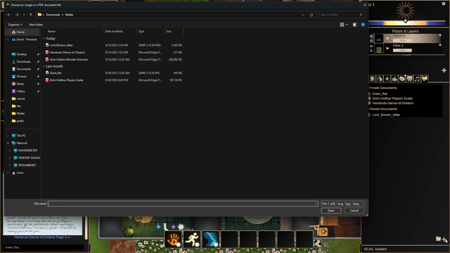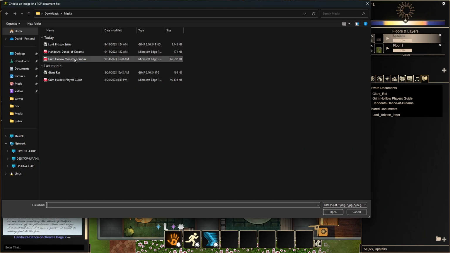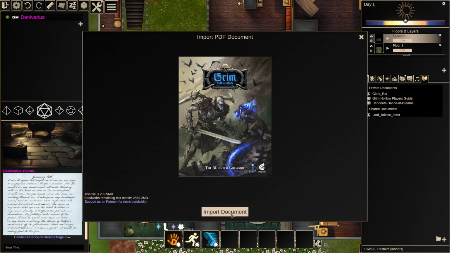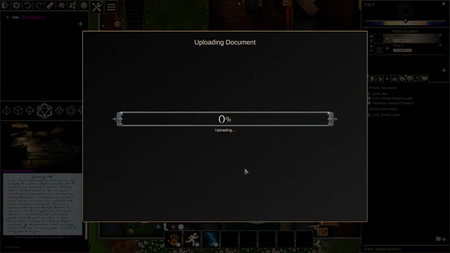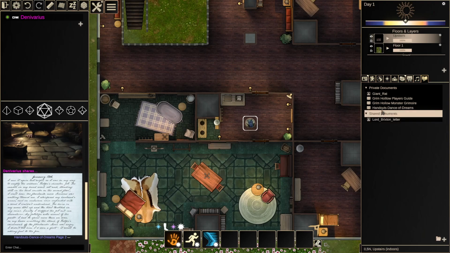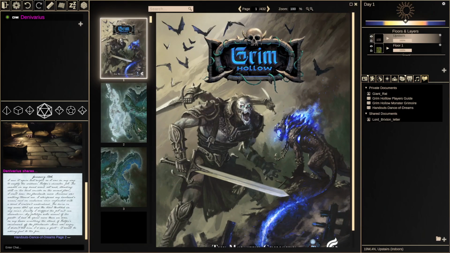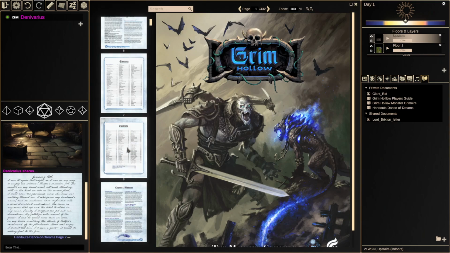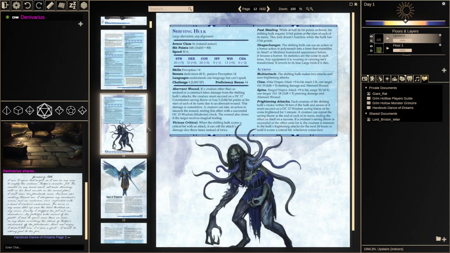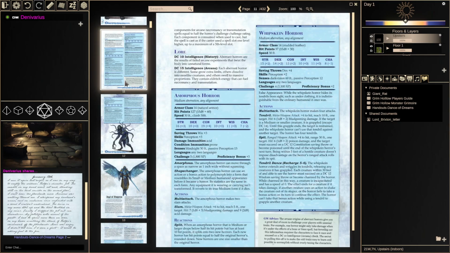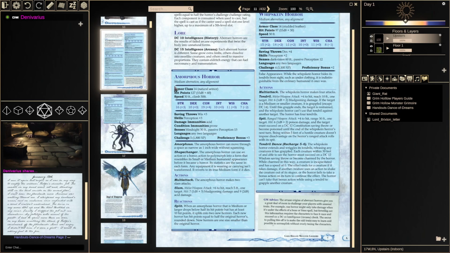What you can also do is, I'm going to add the monster manual from the same setting. So I'm going to import that. And what we can do is this has a whole bunch of monsters, and we want to make it as easy as possible to import things like this into DMHub. So what you can do is